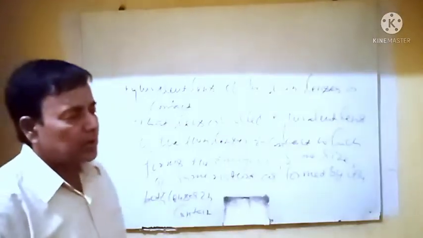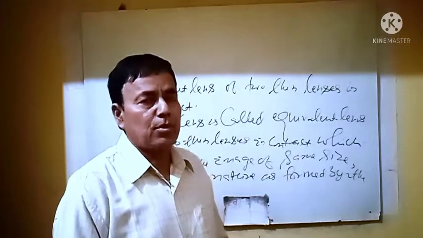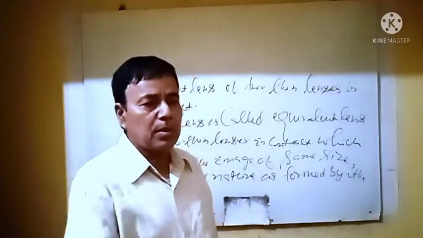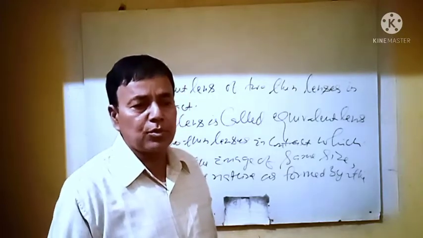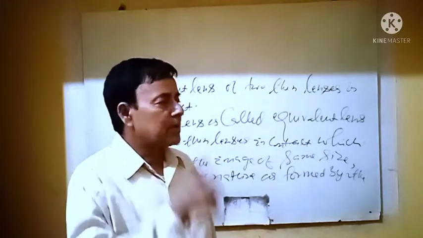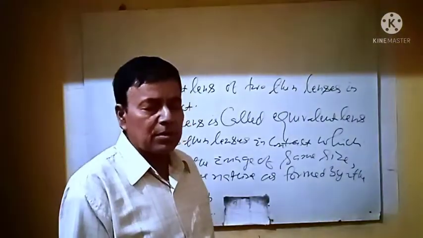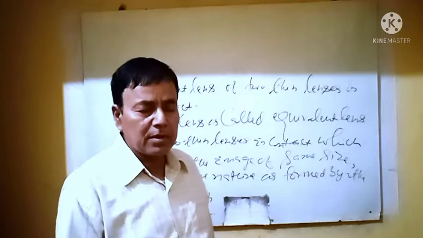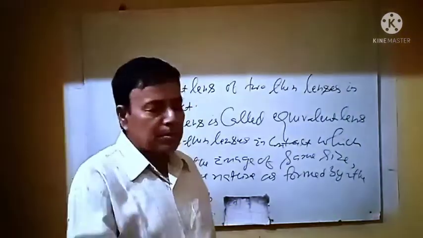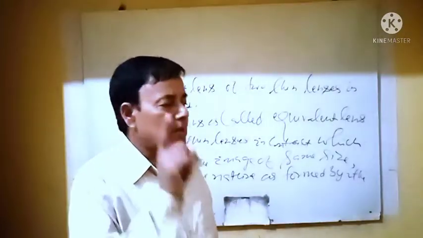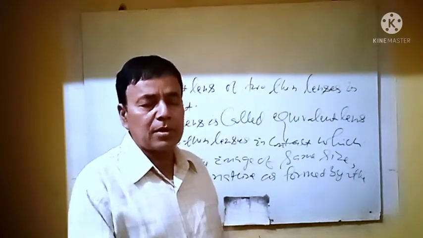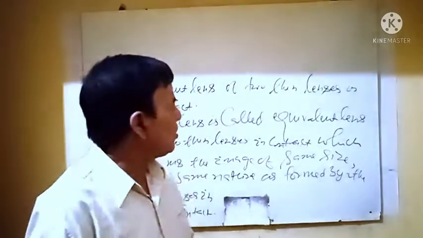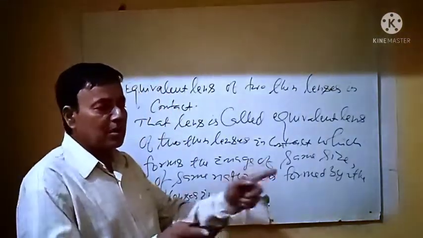Suppose that there are two thin lenses in contact and they are forming a final image at a point. Now both will be removed and a single lens will be used at that place, and that single lens will form the image of the same object, of the same nature and same size as formed by both lenses. Then that single lens is called the equivalent lens of both lenses. So what is the focal length of the equivalent lens of two thin lenses when they are in contact?